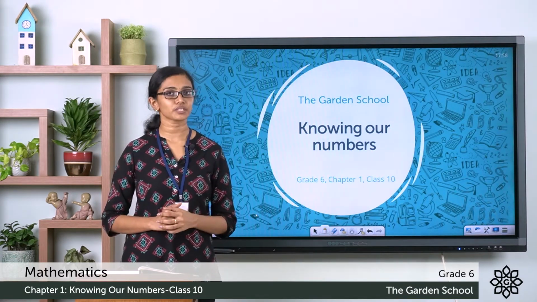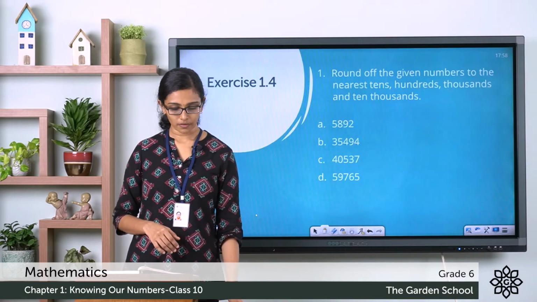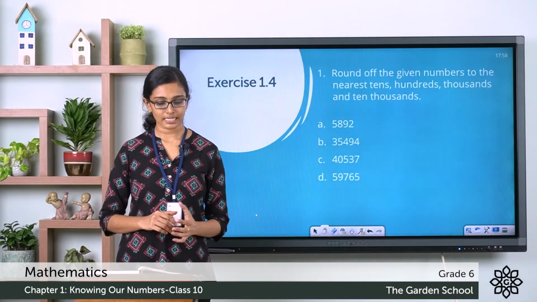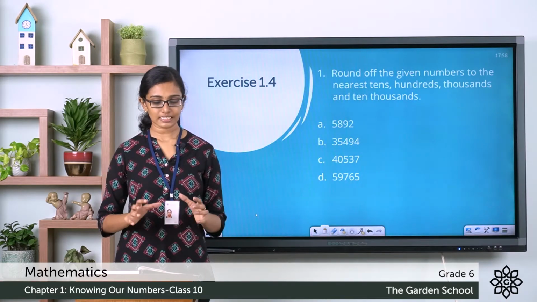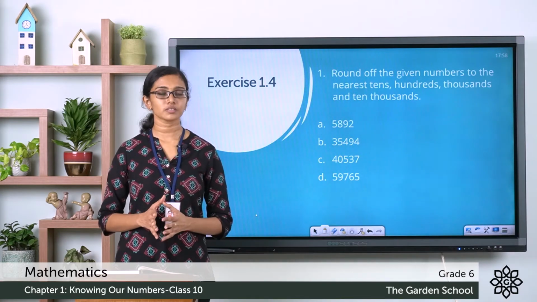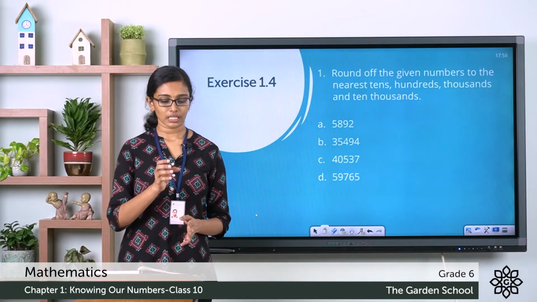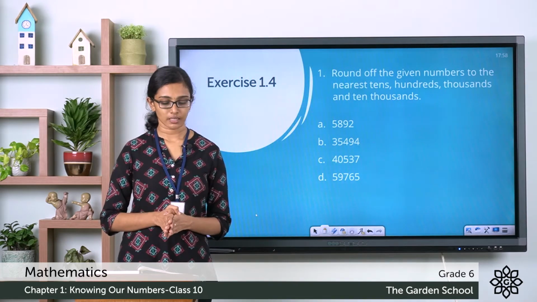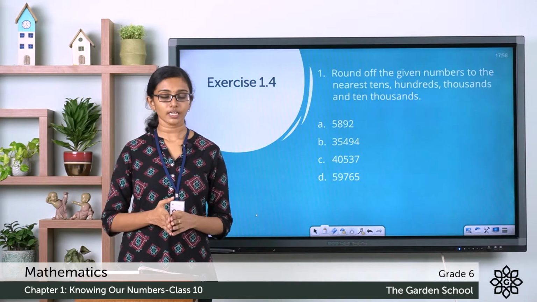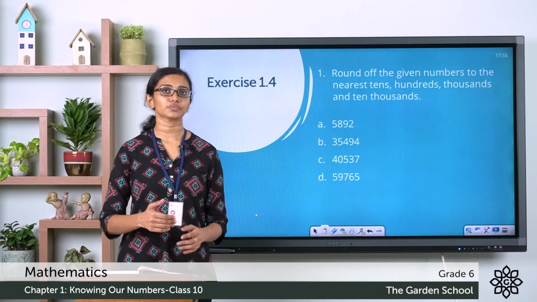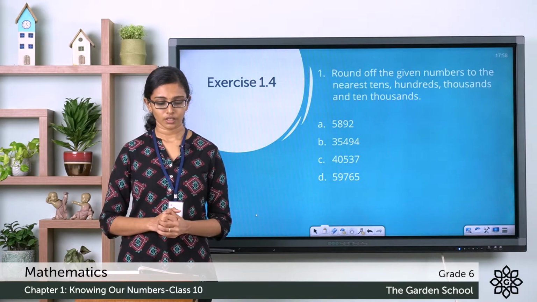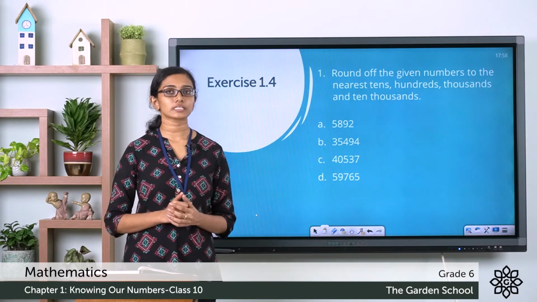Let me read out the first question to you. Round off the given numbers to the nearest tens, hundreds, thousands and 10,000s. So you can see a table here. A few numbers are given in the table. For each of these numbers given in the table, you have to find out the approximate value or the estimated value when you round it off to the nearest tens, hundreds, thousands and 10,000s. So we'll see the example of the first number,